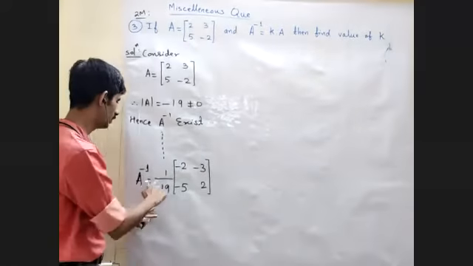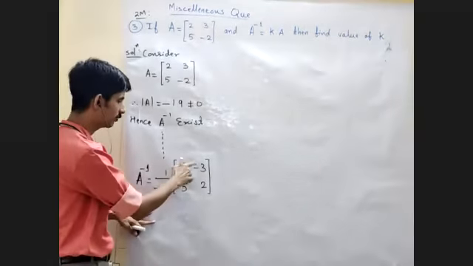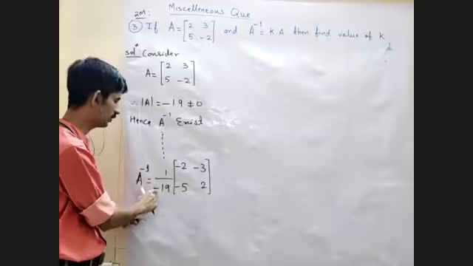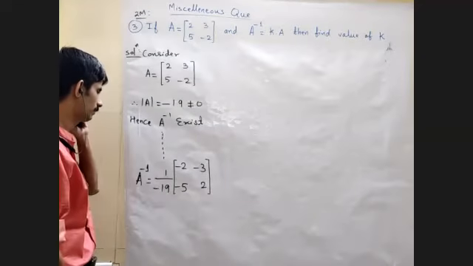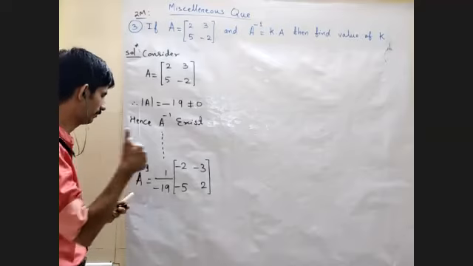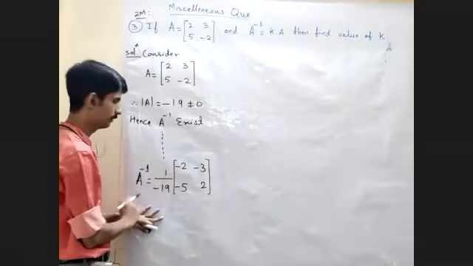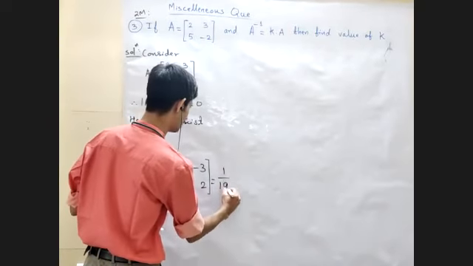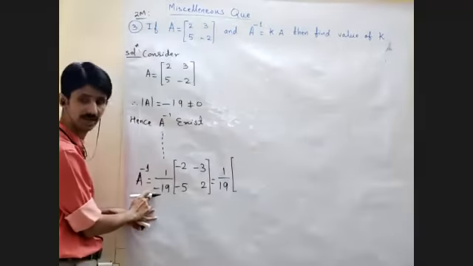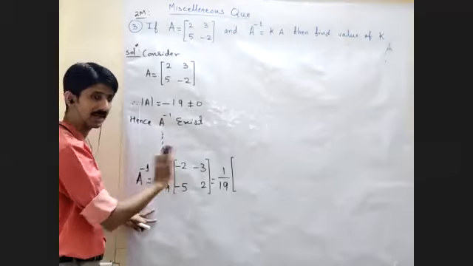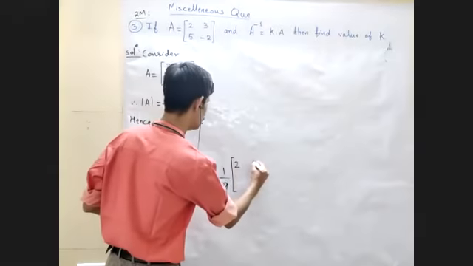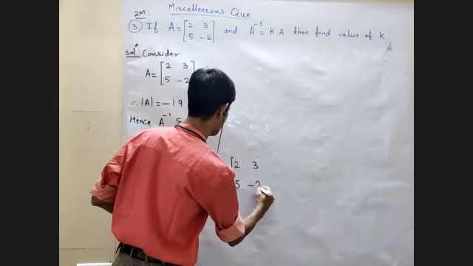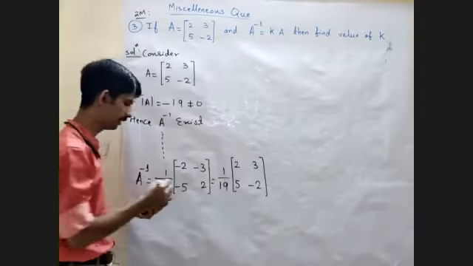Okay, now what we can do is this negative sign, let us take it inside this matrix. ये A inverse है, just check. Has everyone got this A inverse? Check कर लो आप. Yes, sir. Okay, very good. Now let us take this minus sign inside. So what is going to happen, students? When I take this minus sign inside, बाहर तो 1/19 सेम रहेगा. ये माइनस साइन अंदर जाएगा तो सारे जो एंट्रीज है वो सबका साइन चेंज हो जाएगा. So this is going to become 2, this is going to become 3, this is going to become 5, and this is going to become -2. This is what is our A inverse.